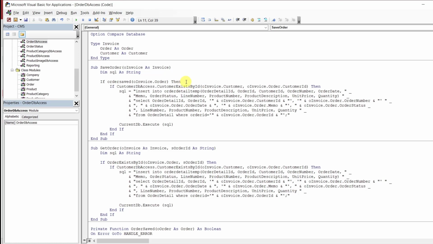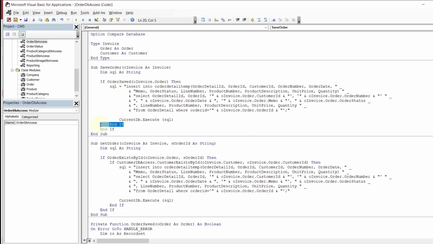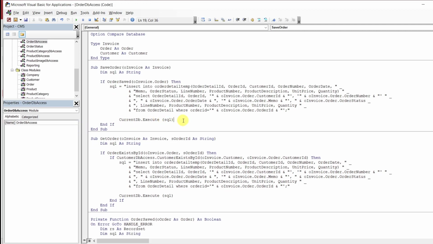If the order is saved, we don't care about the customer because the customer is not going to be modified. We're going to take that if statement out, just like that. And then we just go do that. All right. Now, before you insert this, we're basically going to reverse this